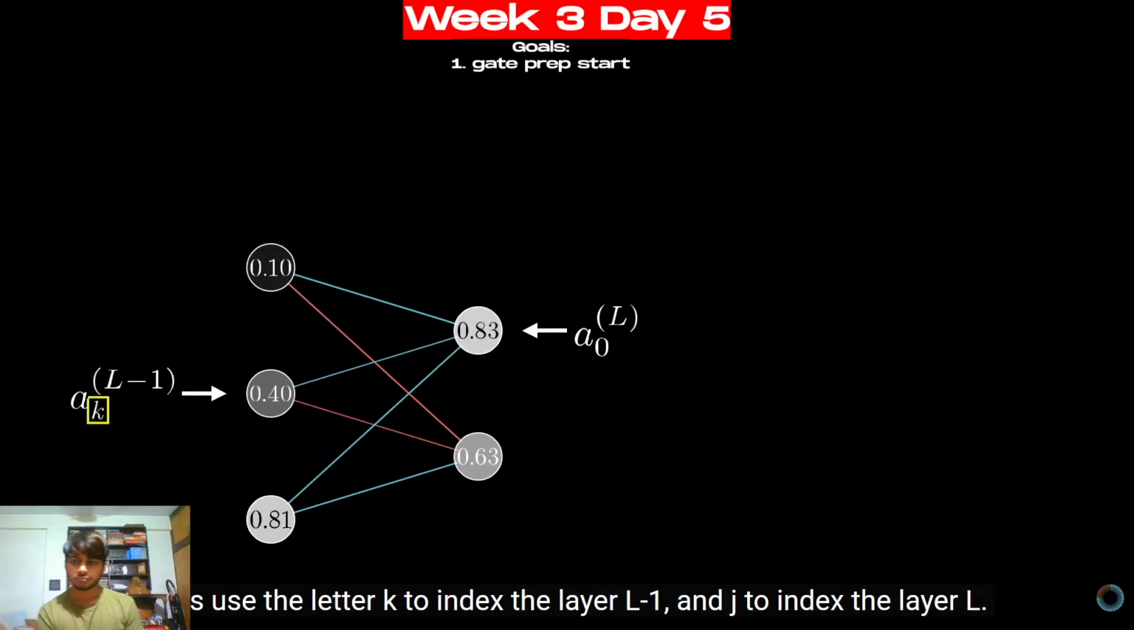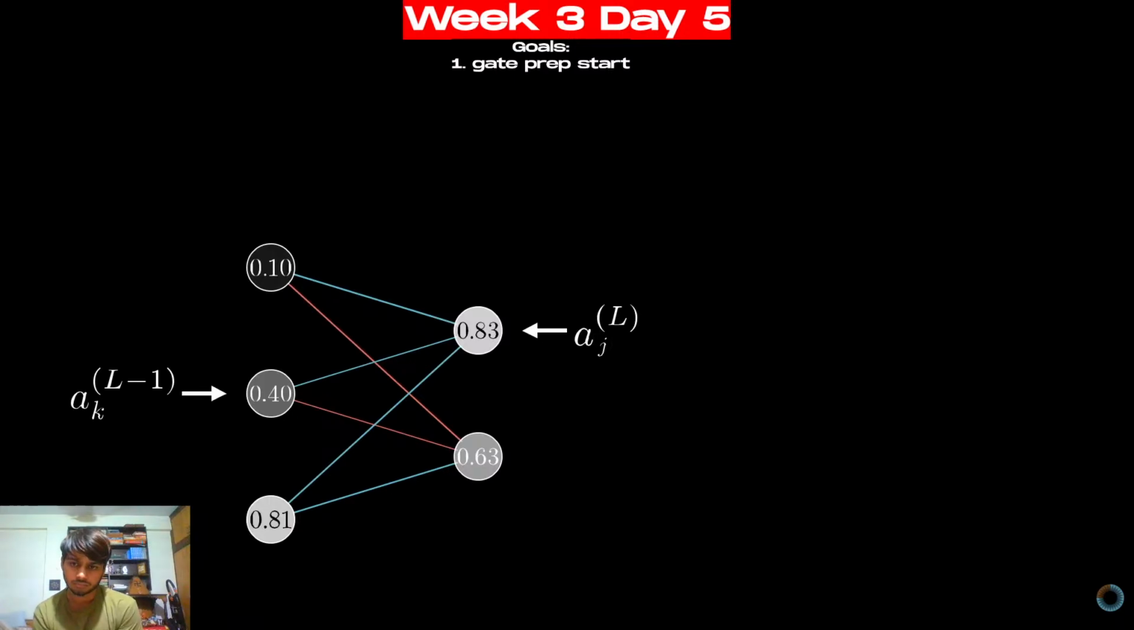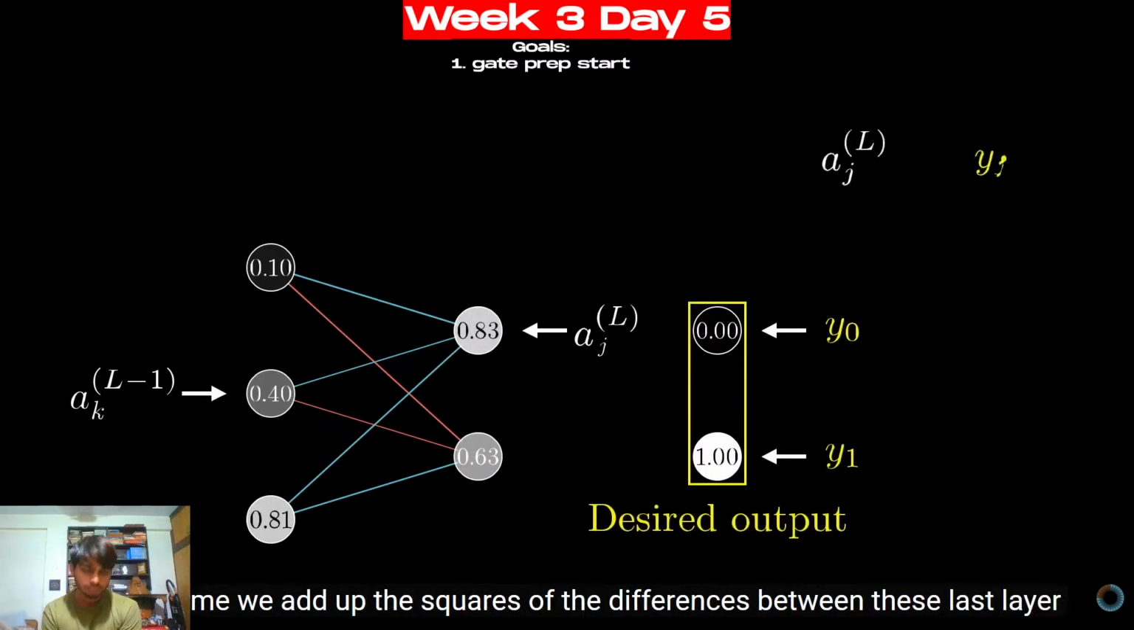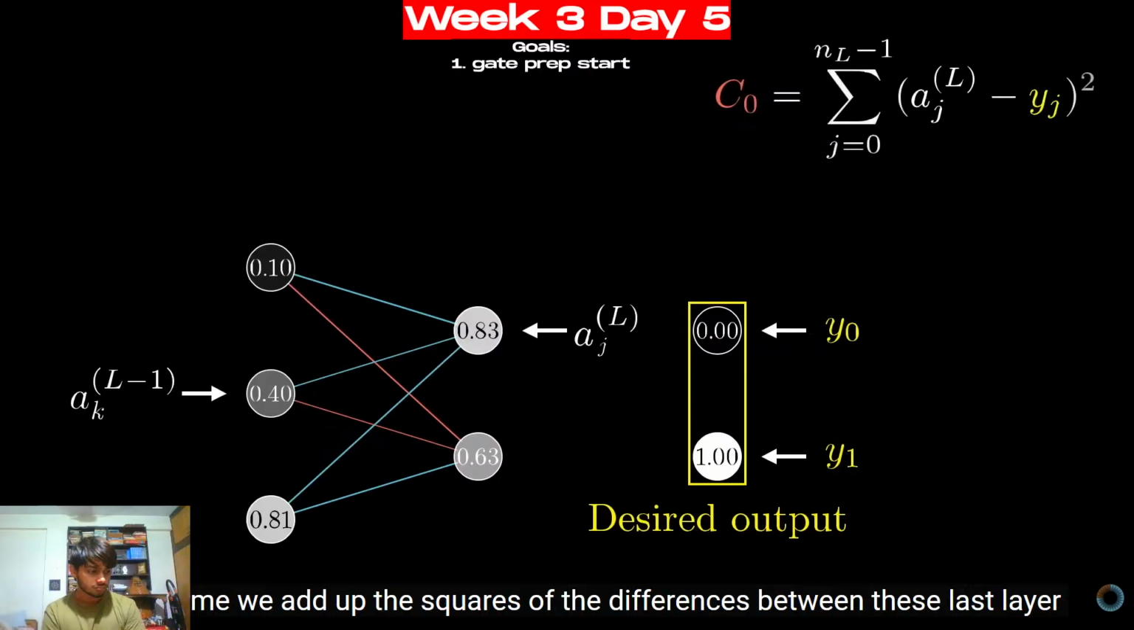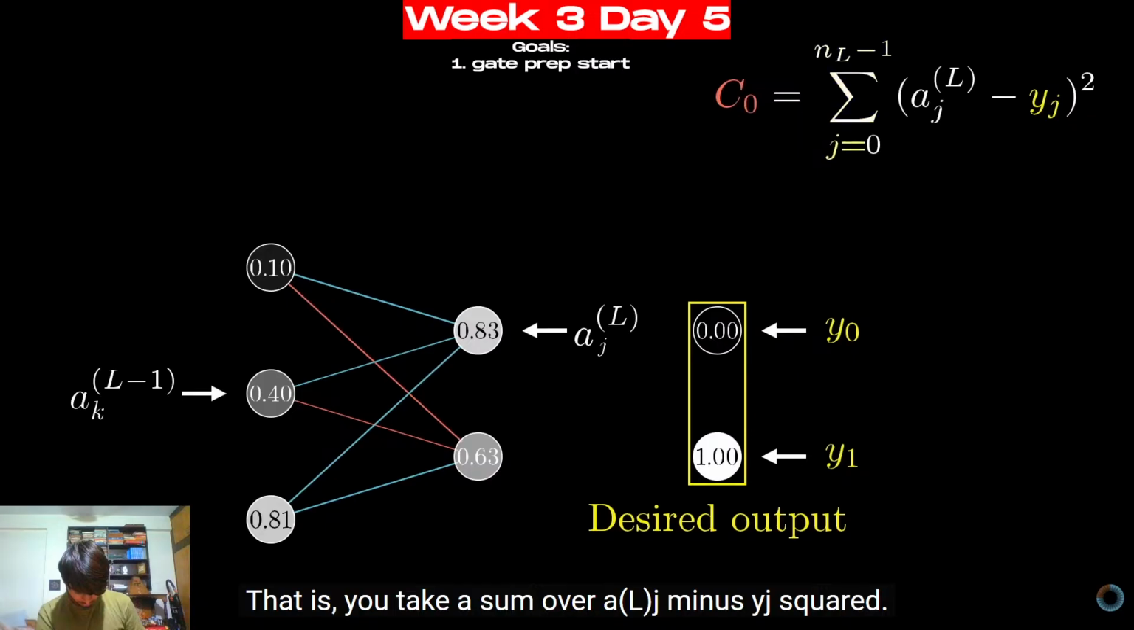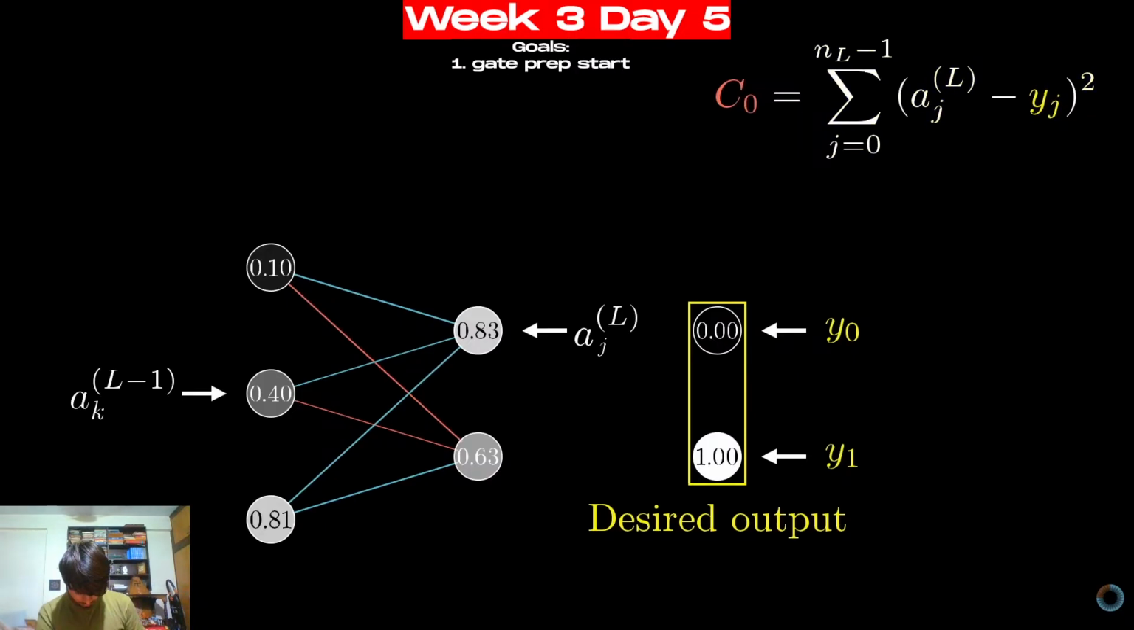Let's go ahead and use the letter K to index the layer L-1 and J to index the layer L. For the cost, again, we look at what the desired output is, but this time we add up the squares of the differences between these last layer activations and the desired output. That is, you take a sum over ALJ minus YJ squared. Since there's a lot more